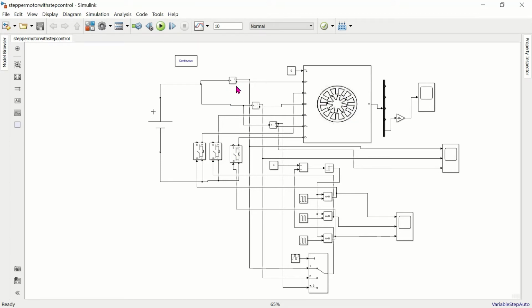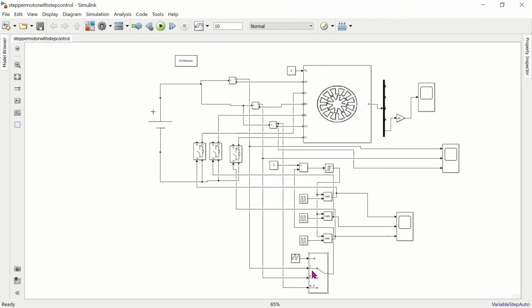And here current is measured using a current measurement unit. That current is to be maintained at 3 ampere using a current controller. Here we are using only one current controller to control all the currents of the three phases using a selector switch.